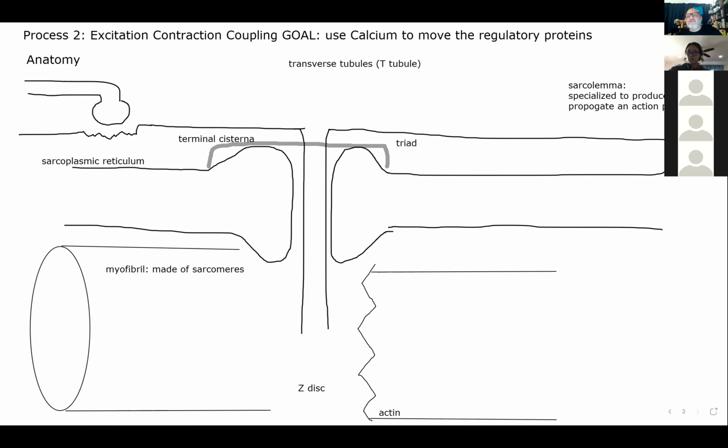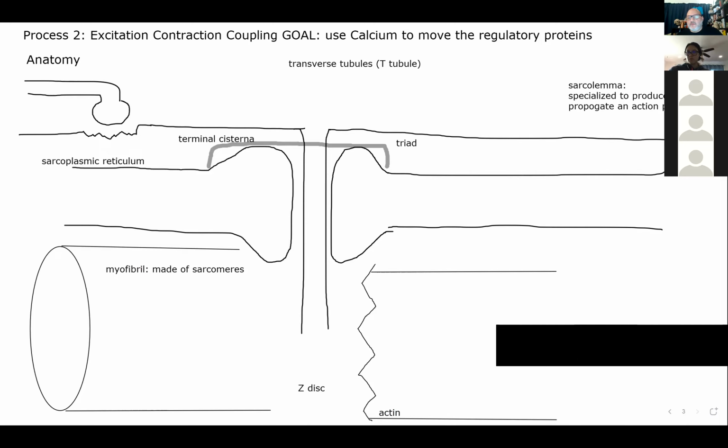In between the actin filaments, we have our big thick filament, our myosin, that has its myosin heads. And again, those myosin heads want to bind to the actin all the time, but it's not able to